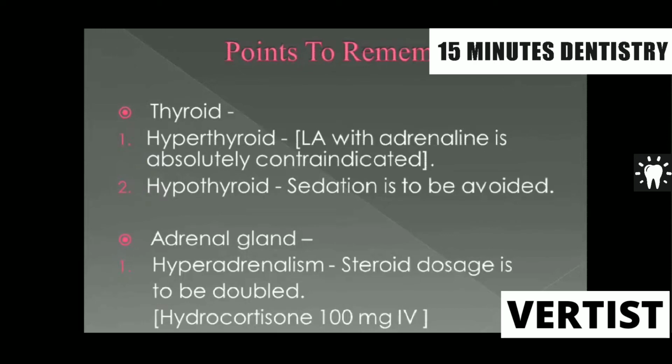Now coming to the adrenal gland, where adrenal insufficiency is going to be the problem. That is because most chronic diseases, like skin disorders, nerve disorders or joint problems, are treated with steroids. Whenever the patient is taking steroids, the steroid deficiency in the body is going to create a problem. So this is hypoadrenalism, not the hyper. Okay, there's a typo. So hypoadrenalism is going to be the problem.